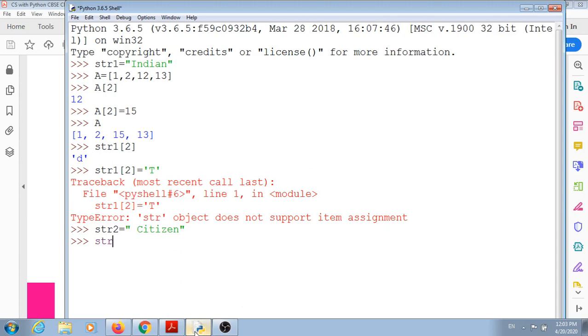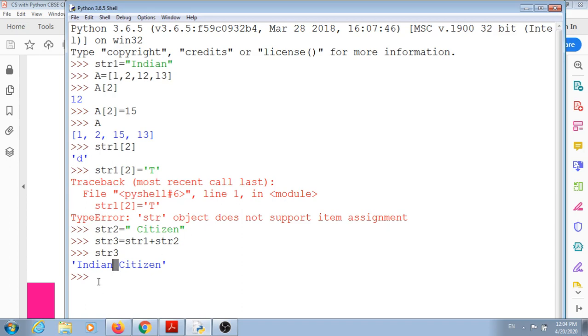I will take these two strings in another string str3, str1 plus str2, and I will print this str3. So these two strings will be joined using the plus operator. I took a blank space here before the citizen, so that's why in between Indian and citizen there is a blank space.